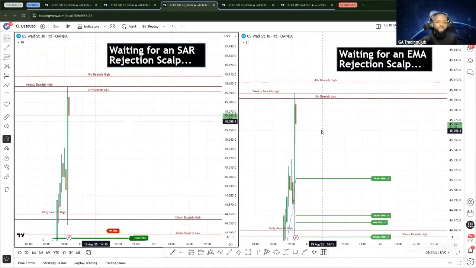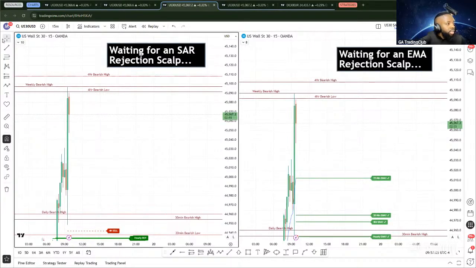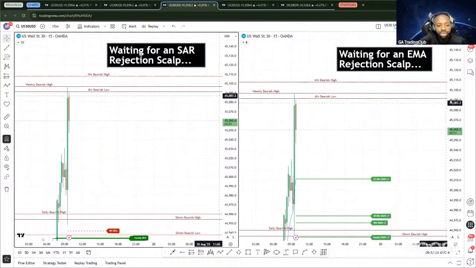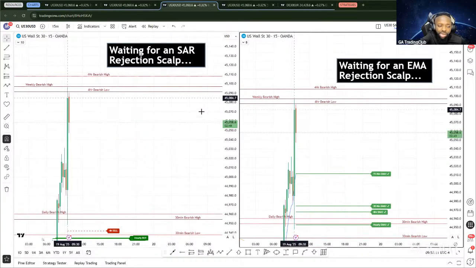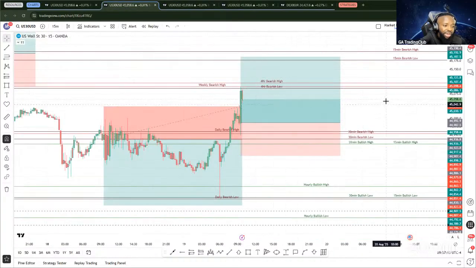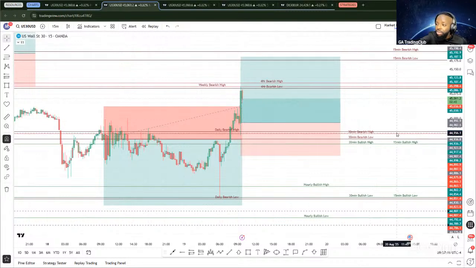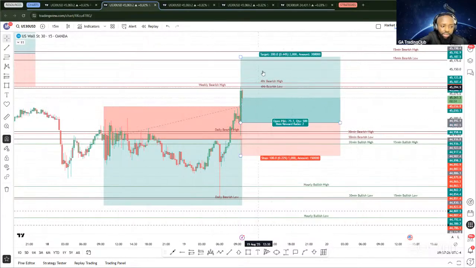But for the rejection scalps for today, there really isn't anything so far that has happened. So price can, of course, easily come back from here. The other thing that you can do to secure your profits, for the people who take break evens and partials, is this: if you hit a 1:1 risk to reward, which this trade has already